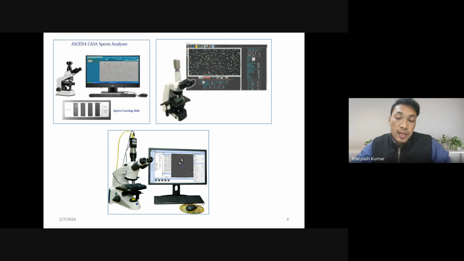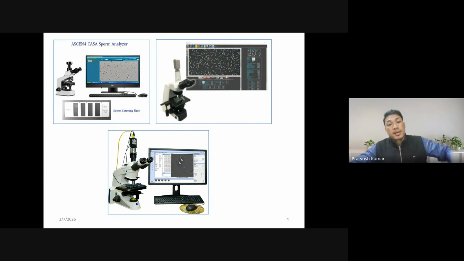Some sperm you may get circling, and some moving backward. To get an accurate assessment of this type, the CASA machine, computer assisted semen analysis, has come up. Manually, when we test motility and live and dead sperm, whatever we see with the naked eye under the microscope is an assumption. That's why CASA has been developed, and it is now coming up.